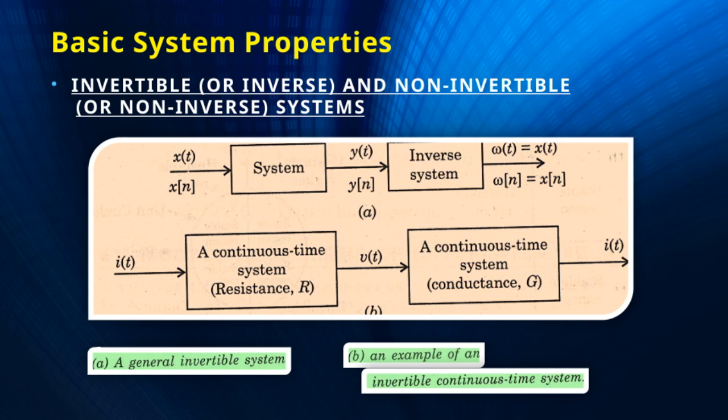Recognizing these properties helps us determine if we can reconstruct inputs from outputs, which is essential in many applications like communications, control systems, and signal processing. So, in the context of overall system analysis, knowing whether a system is invertible guides us on how we can manipulate or recover signals effectively. It shapes our approach to designing systems and algorithms for signal reconstruction, filtering, or even system identification. Understanding these fundamental properties ensures we can make informed decisions about the systems we work with.